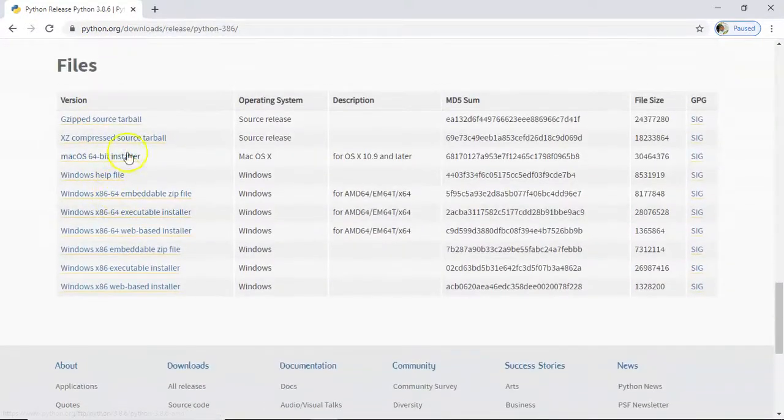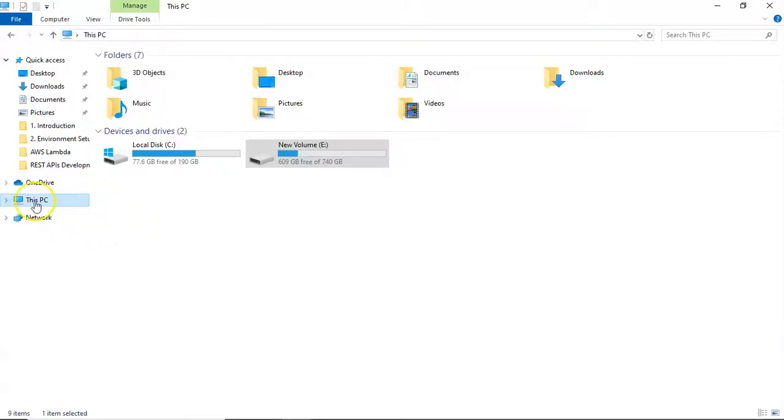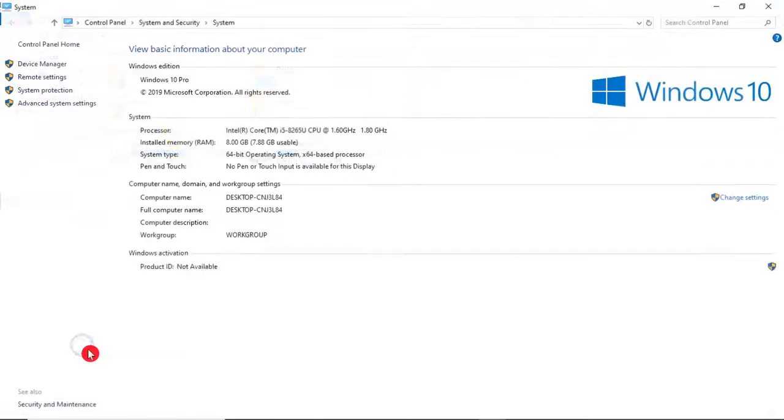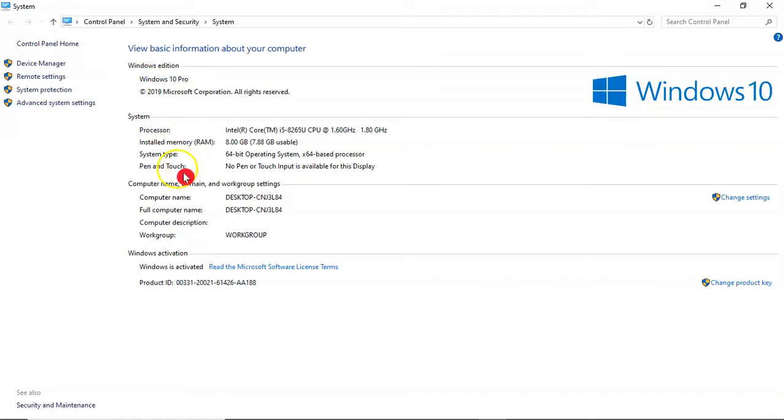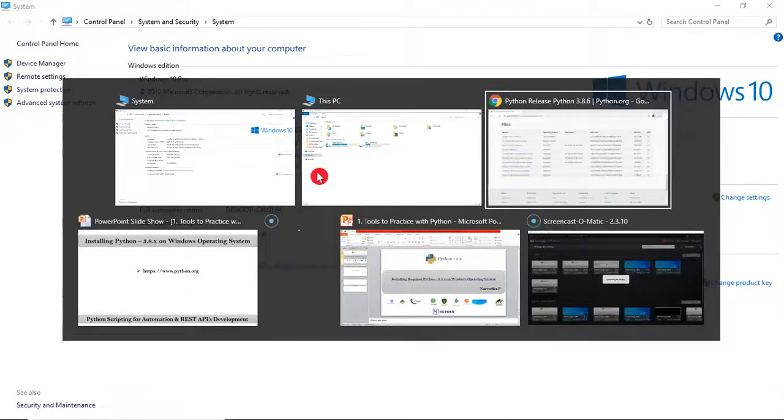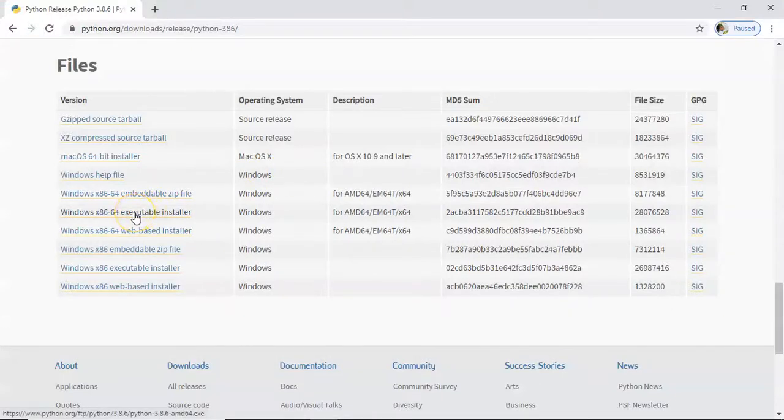So here we have different options to download your Python software. And here we are installing Python on Windows operating systems. So be clear, to install your Python 3.8 on your Windows operating system, your Windows operating system must be greater than Windows 7. Let me show you my operating system details. Simply click on this PC, then right click and then properties. See that this is Windows 10. And one more thing, system type is 64-bit operating system. That's why here I am downloading 64-bit software.